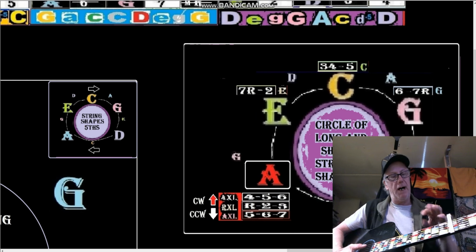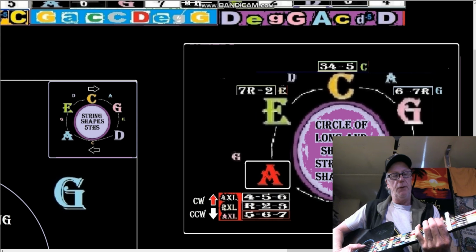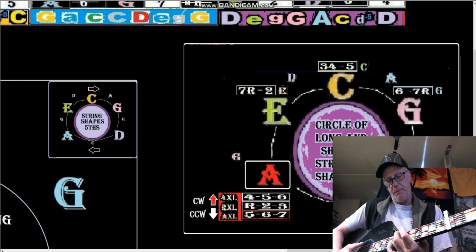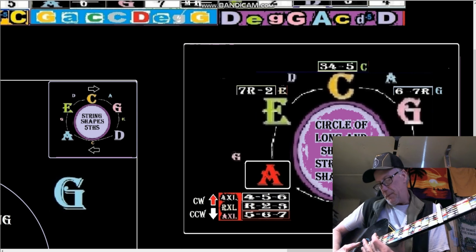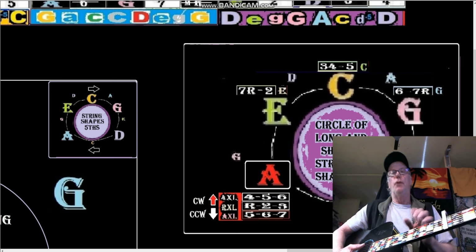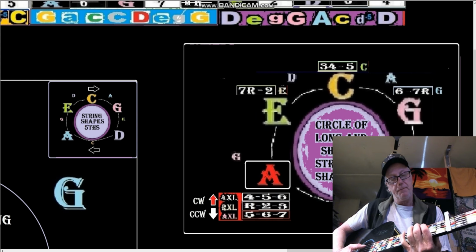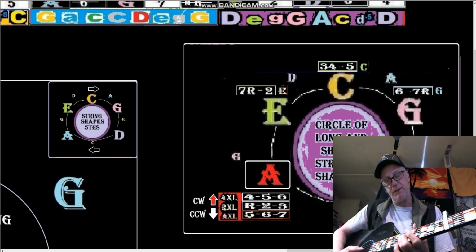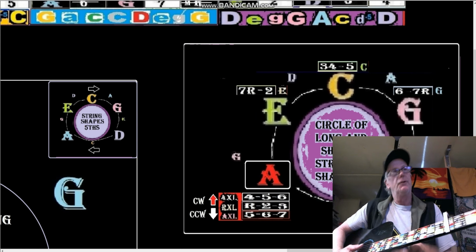So we have the bottom strings of those pentatonic scale inversions, and those are the string shapes: C, A, G, E, and D. Okay? And then, so I have a low E down here. Those are the string shapes. But in addition, there's long string shapes such as 5, 6, 7, root 2, 3, 4, 5, 6, and then the 4, 5, 6 can also go to 7. So it's those four,